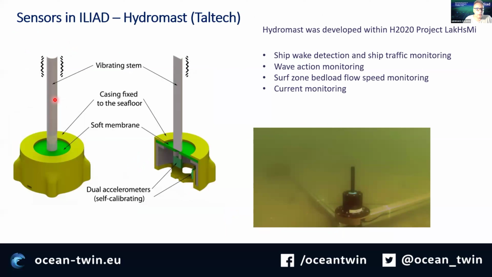And the first low-cost system that we use in Iliad is this hydromast system. It is a system which was developed in the framework of another Horizon project called Laximi. And the interesting thing about it is that in Laximi, this sensor was measuring with an auto-recording system. What we are trying to do in Iliad is to connect it with a modem and to be able to transfer the data to a local server so that we have real-time measurements as the system is on the bottom